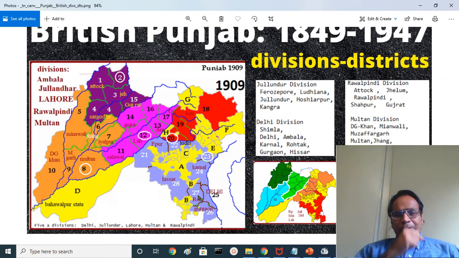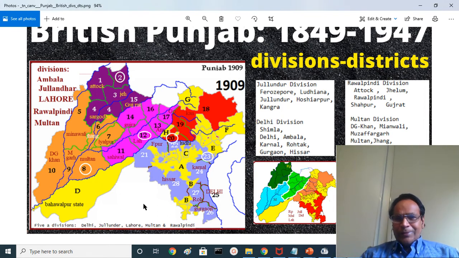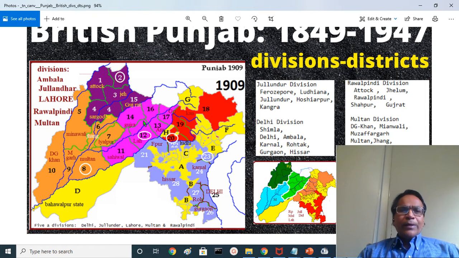Then we see south of river Satluj is called the Malwa region. This is Punjabi Malwa, not the Central Provinces Malwa, that is Ujjain and Indore, Dhar and Dewas and those regions. That's not what we are talking about. We are talking about Punjab Malwa. In the Malwa region, south of Satluj River, you see Satluj River was the historical boundary between Maharaja's territories and British East India Company territories.